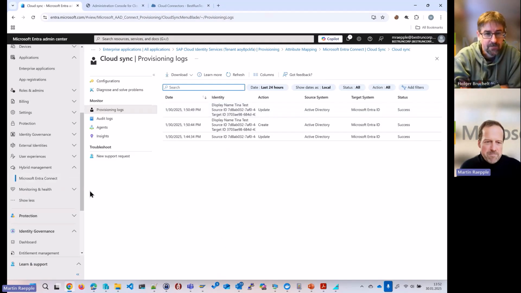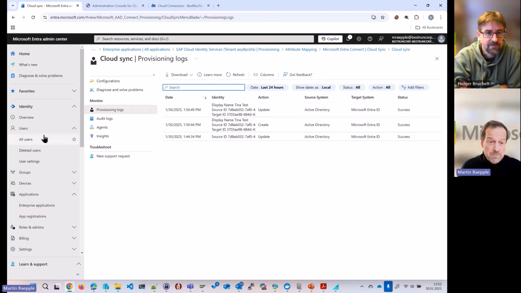We shouldn't wait, because I think we are running a little bit out of time. These auto assignments that I showed you with the access packages may take 10 to sometimes even 30 minutes. So I would recommend that, to speed things up a little bit, we don't wait for the auto assignment to happen with the access packages.